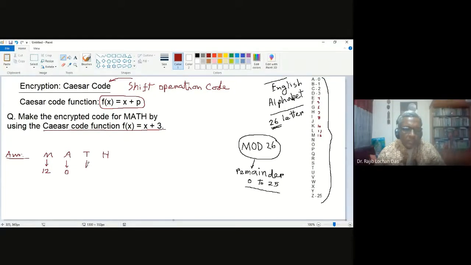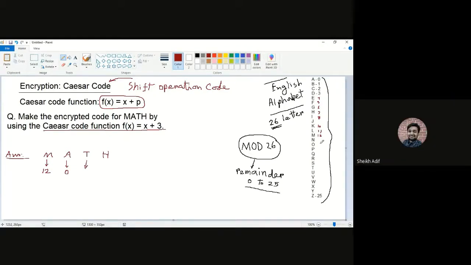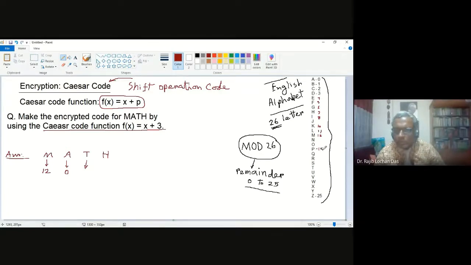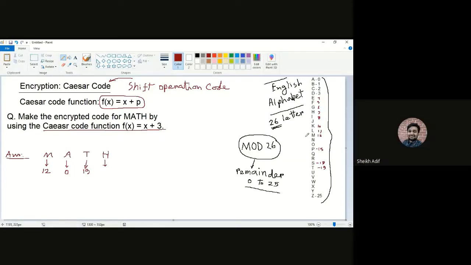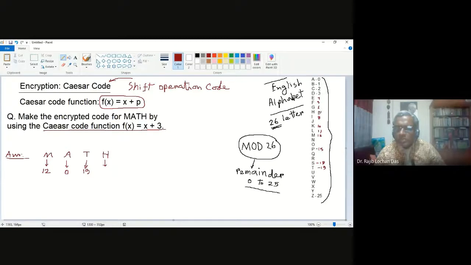And for T, 14, 15, 16, 17, 18, 19. Okay, so T is 19, and then for H, what is that? 7. So you are writing 7. And then you apply the function here. So it is actually your X, the original value, and you are now getting f(x). So it will be 12 plus 3. So it will be 15, and then